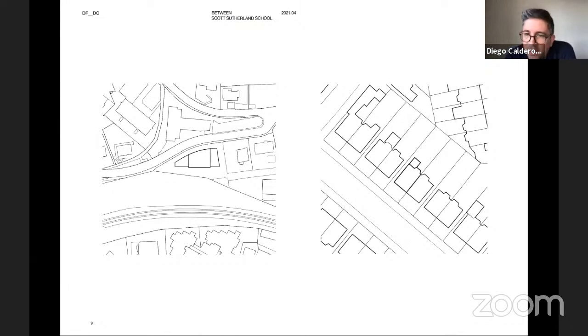But we try to find things a bit more, I wouldn't say hidden, but maybe not as evident in the realm of buildings and in the processes of design, to identify how we can make buildings that really